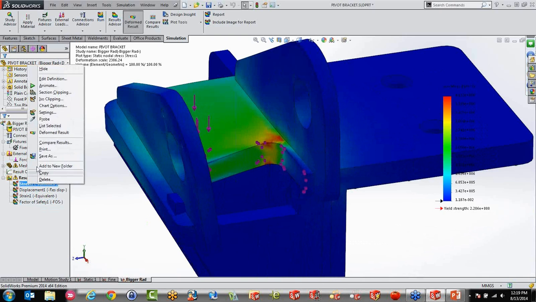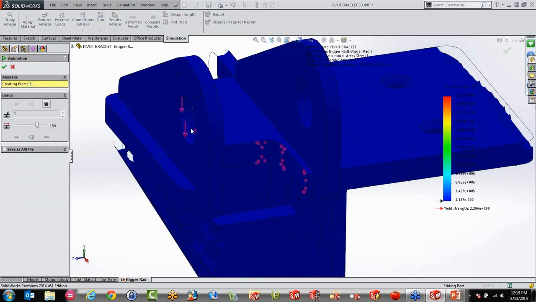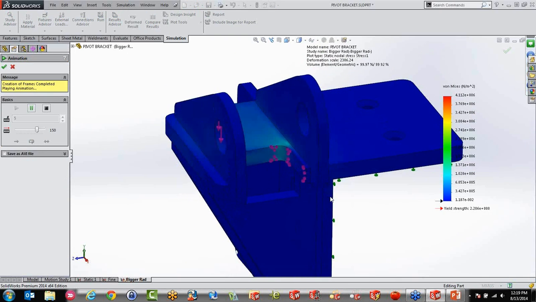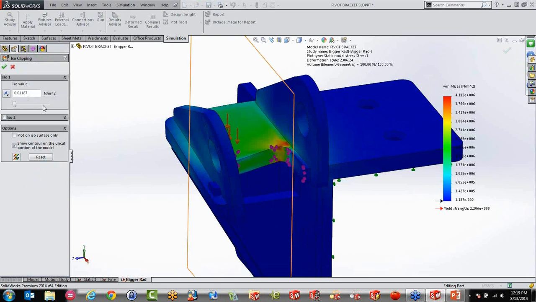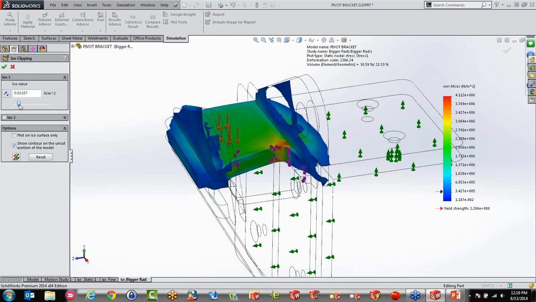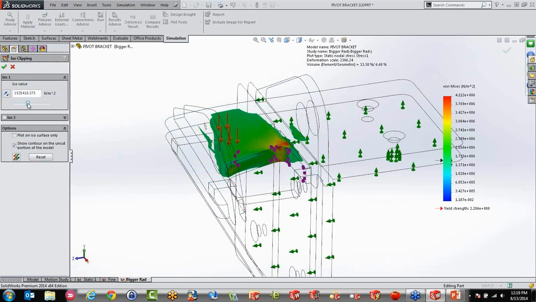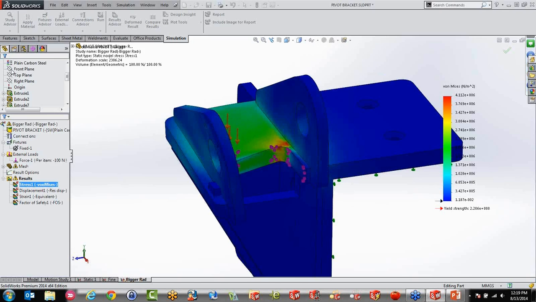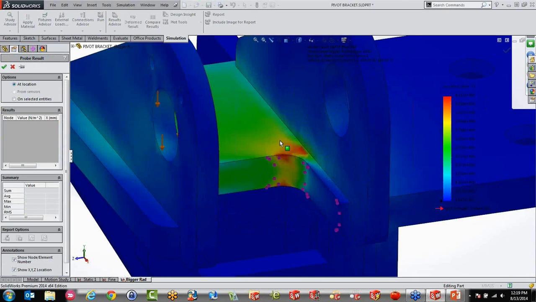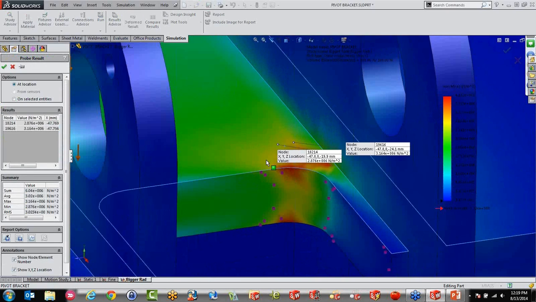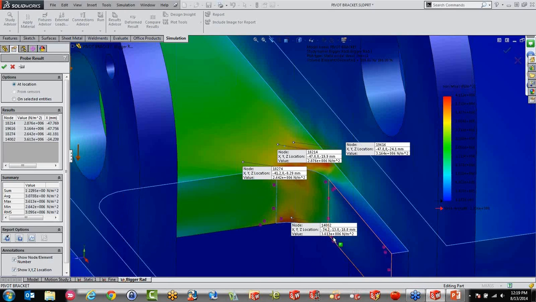And like I said before, we can animate it so we can get a good idea about what's happening. I used the ISO clipping before, which I'm a big fan of, because it really shows me exactly in what magnitude the stress is happening. And we can even go in and probe around the node. So wherever I'm clicking,